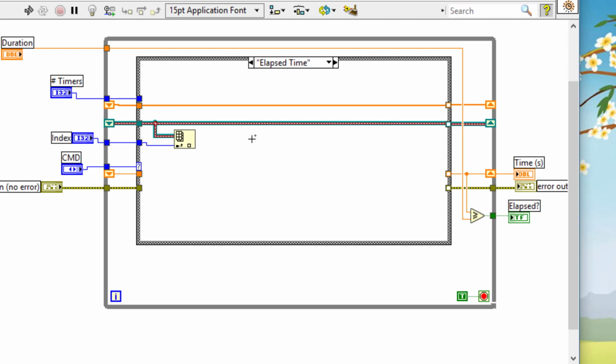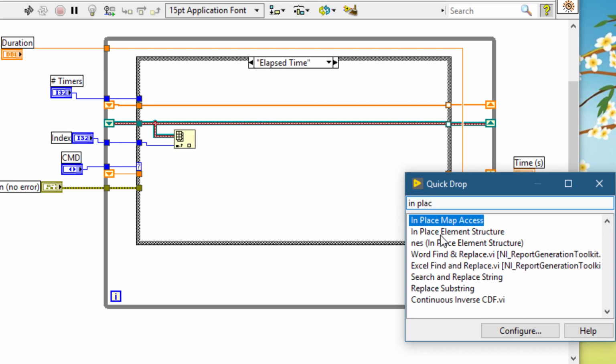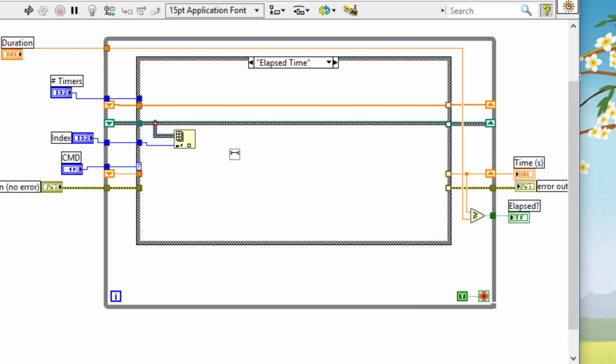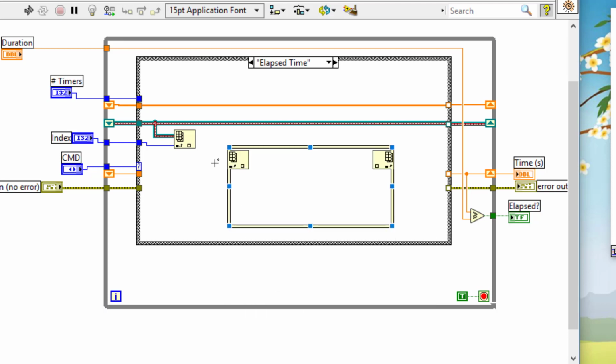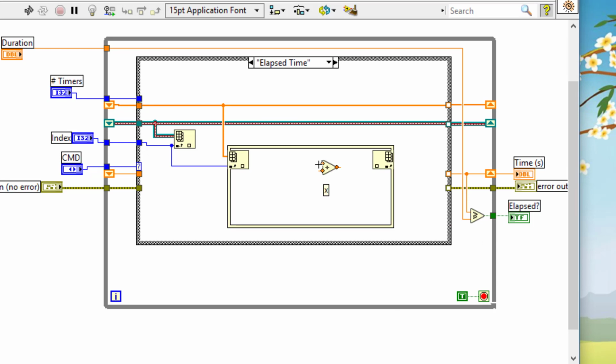We will be using the in place element structure, same as before. We will add index and replace, so we will index through this array using this index, and we will add